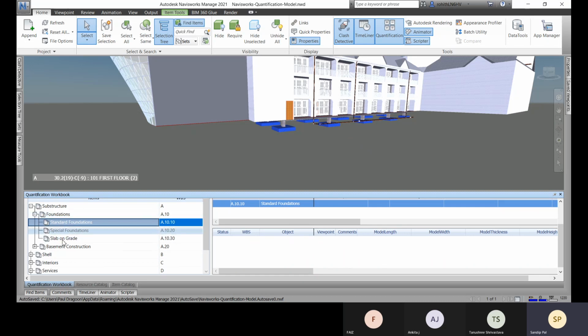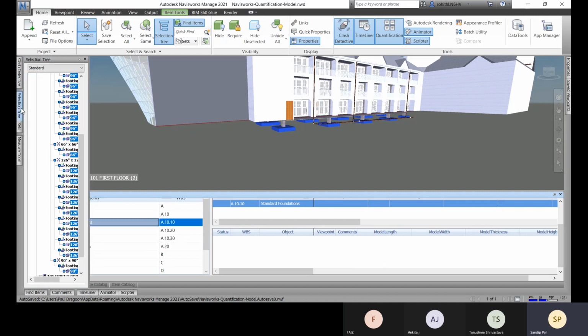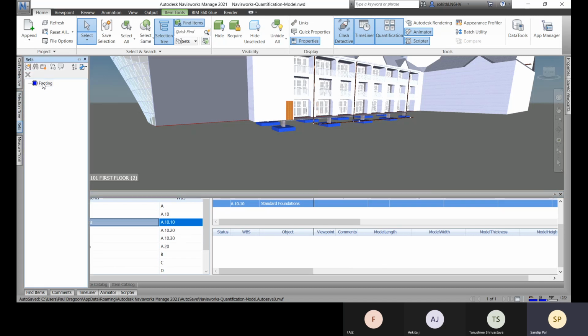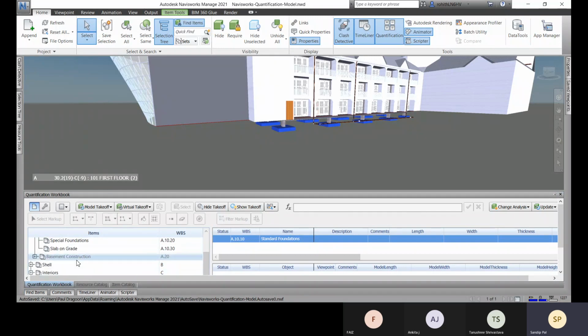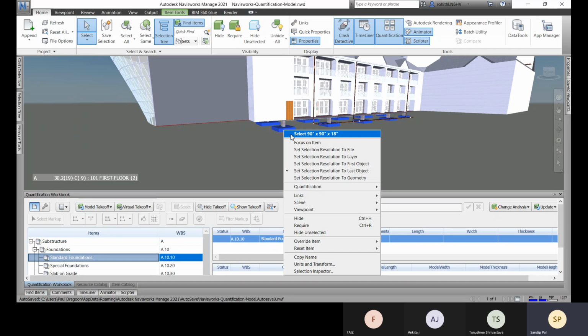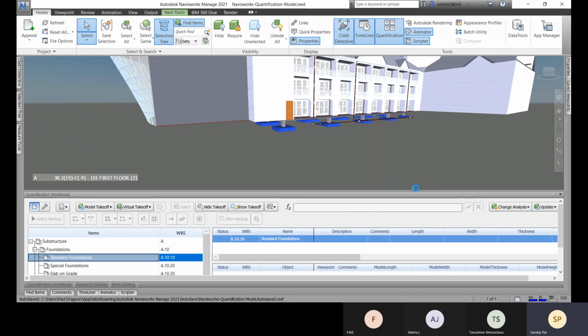So you have to open this tree first and be specific. Choose this set and define this as standard foundation. This way you select all of this, go to quantification and take off to standard foundation and click on yes.